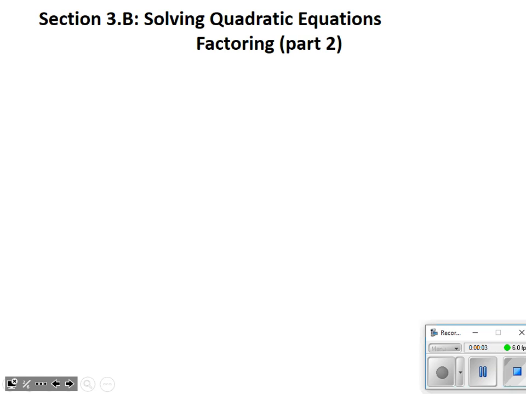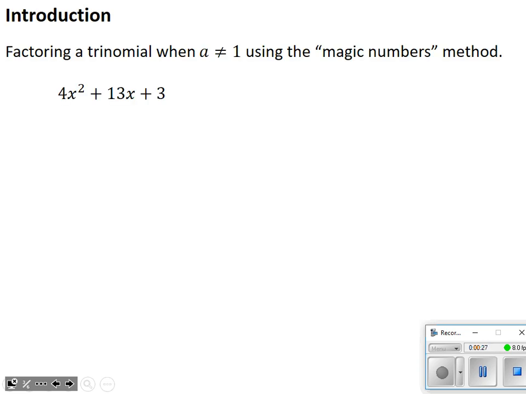Welcome to Algebra 2. Today we're again introducing Chapter 3. This is 3.B, we're calling it, Solving Quadratic Equations by Factoring, Part 2. A little bit more difficult factoring work done today. But after this, realize that we will have the means with which to solve any factorable quadratic available to us. So a big step. Again, still a review of Algebra 1, so hopefully this will go pretty quickly.